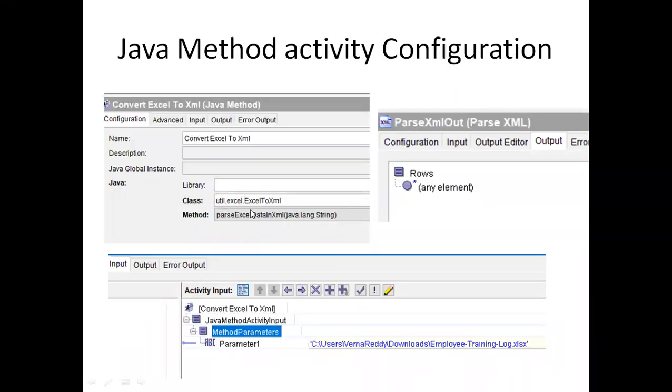For that method, I pass the Excel sheet as an input parameter, and it returns an XML that I'm parsing, where the root element will be rows. After that, I'm making it an any element, because under row there can be any number of elements. If your Excel sheet has only 2 columns, you'll get two elements under row; if it has 5, it dynamically handles everything. That's why I made it an any element.